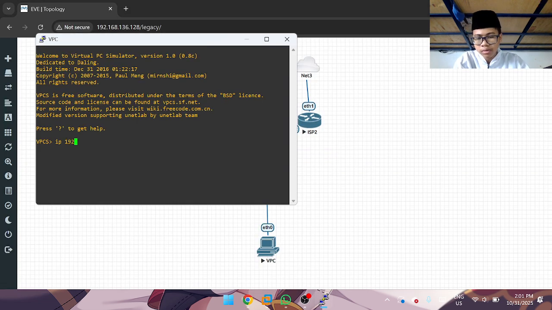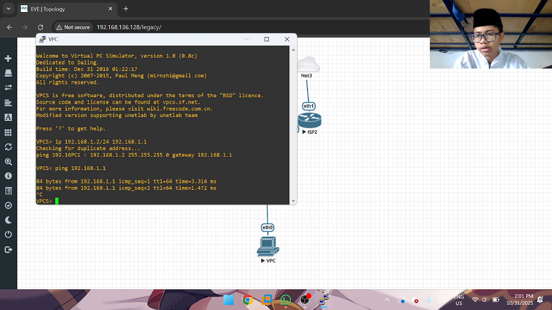So we need to add IP for the gateway. Let's test ping for the gateway. It can communicate.